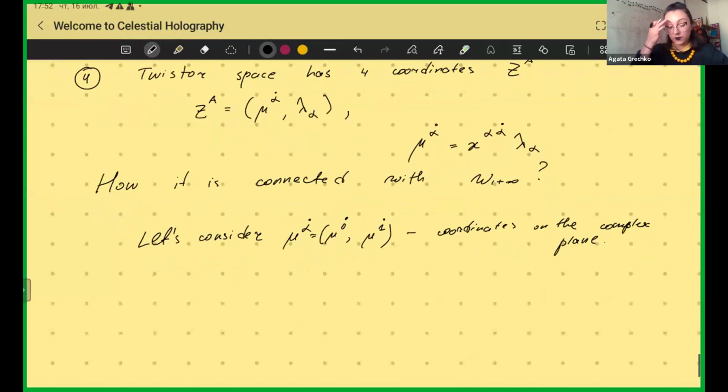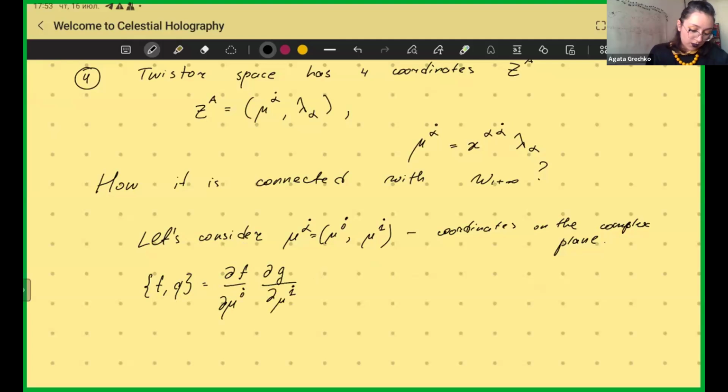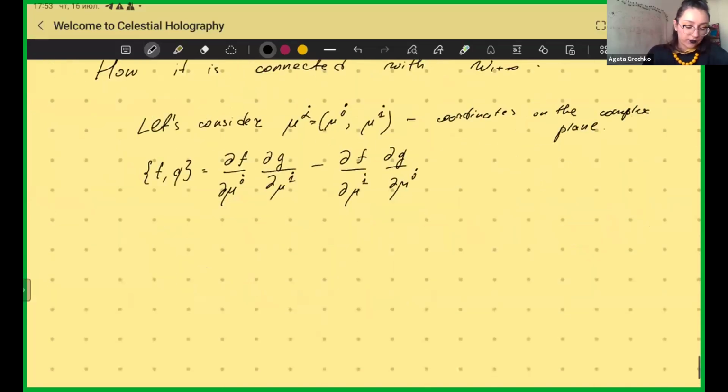And let's define the Poisson bracket as follows of 2 functions on this plane. Let's define their Poisson brackets as df over d mu 0, dg over d mu 1 minus df over d mu 1, dg over d mu 0. And equipped with this Poisson structure, we will also write down the following polynomials. We will consider the polynomials